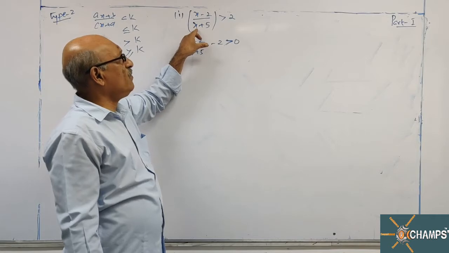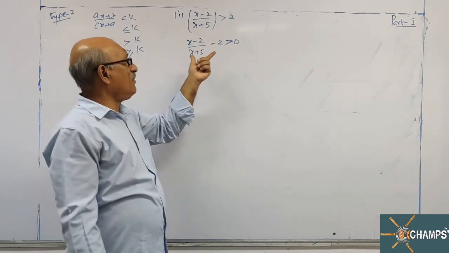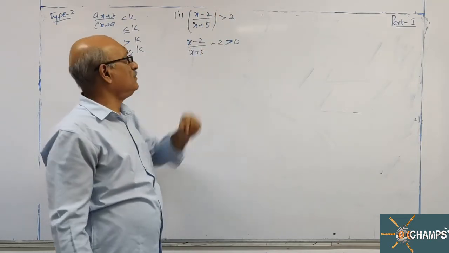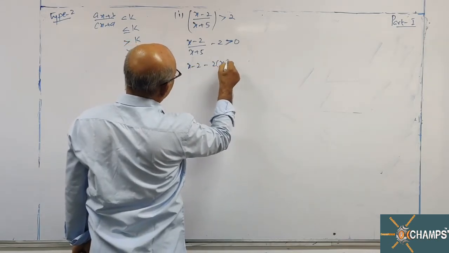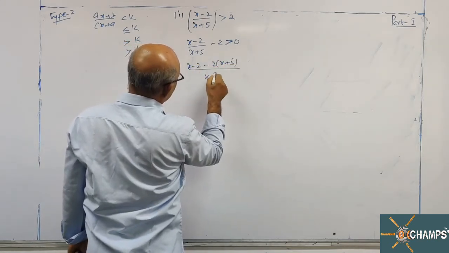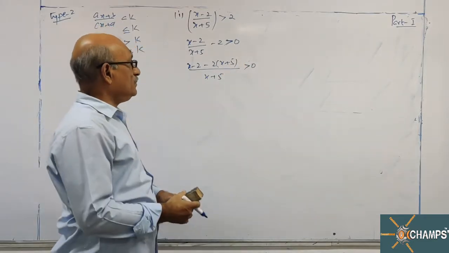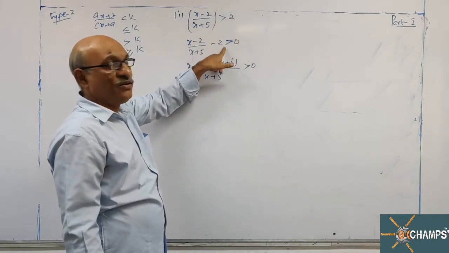If it is a positive value, taking to the other side, that inequality sign will remain the same. Therefore, you cannot straight away take x plus 5 to the right hand side. Greater than 0. So, for these types of problems, I'll bring this constant from the right hand side to the left hand side,